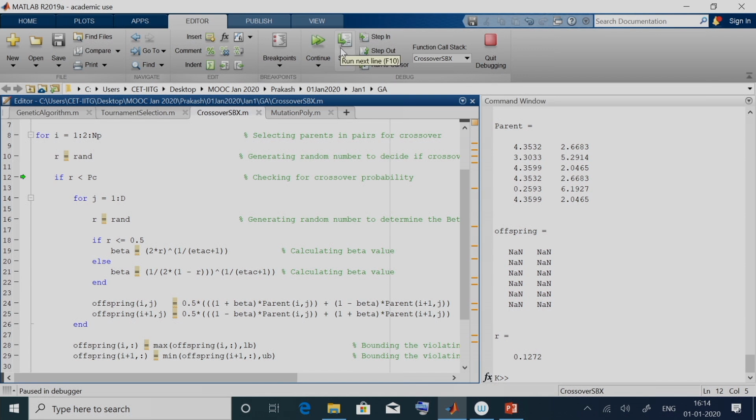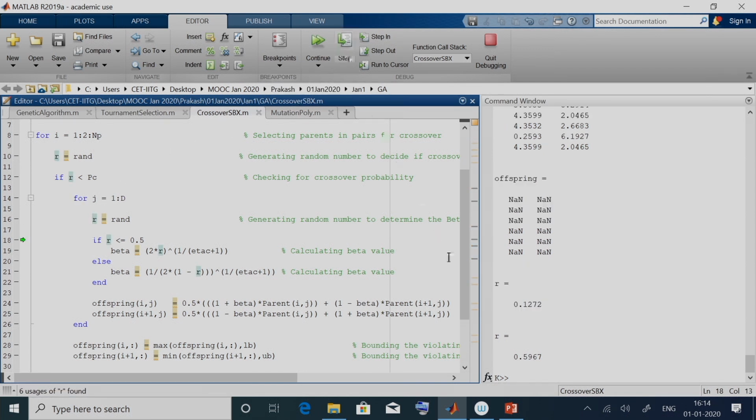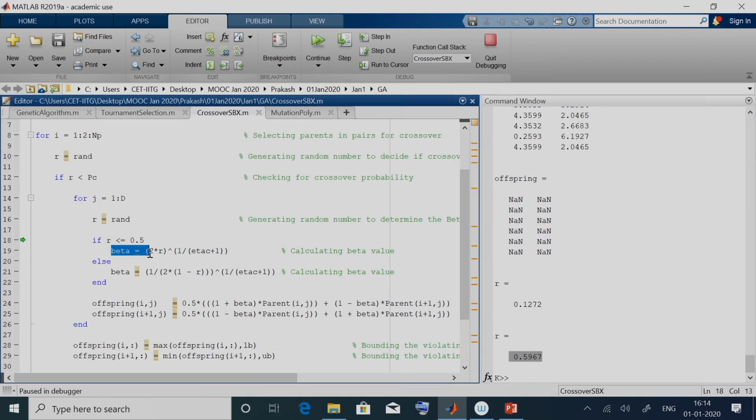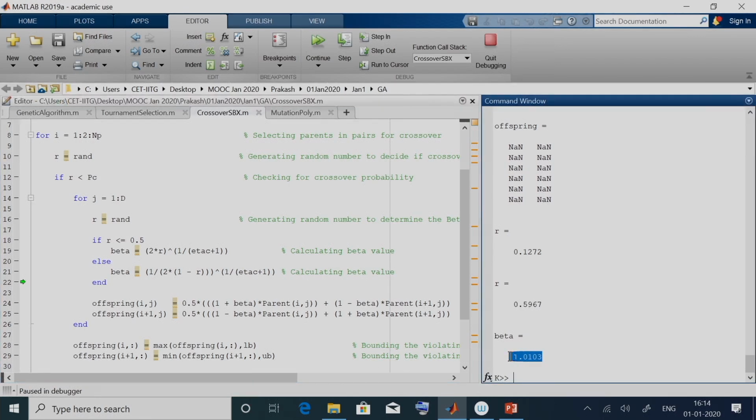If we step into this, for j is equal to 1 to d, for the first variable we will generate a random number. The random number happens to be 0.5967. So it will not go into line 19, it will instead go to line 21. The value of beta is calculated to be 1.0103. Once we have calculated beta, we need to calculate the offspring.